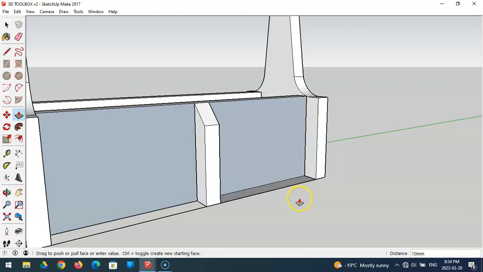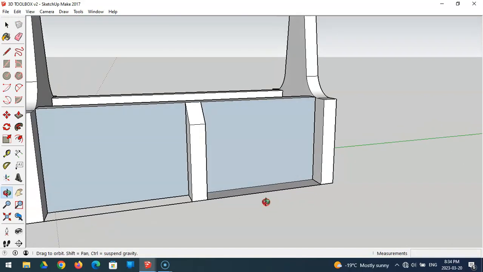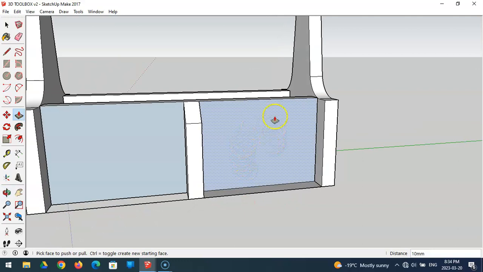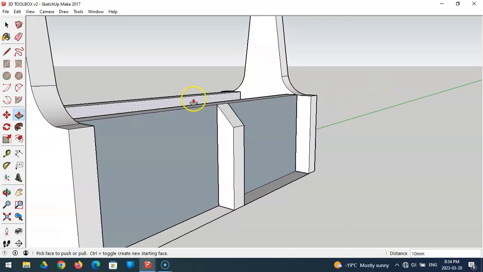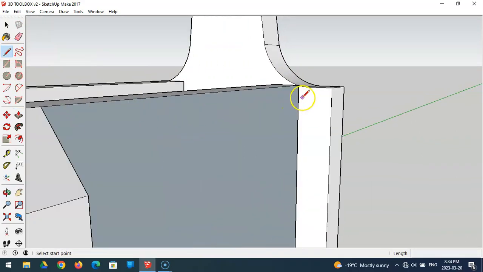Now I need some more of these. I need to have 2 more here, but I also need a small skinny one on this side that's going to just help aid in the build of this. So let's do that one next. We're going to do that one the same way, and then we're going to cheat a little bit on the next one. So let's go to this point right here. We're going to drop the line on the red, make sure it's red,